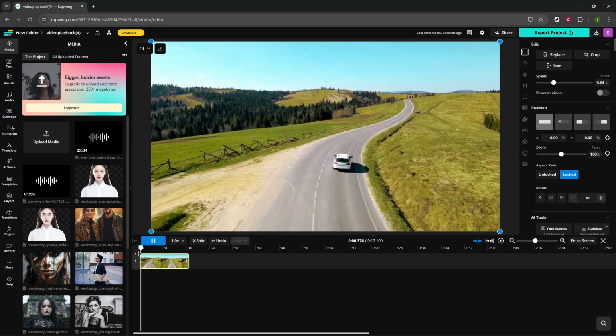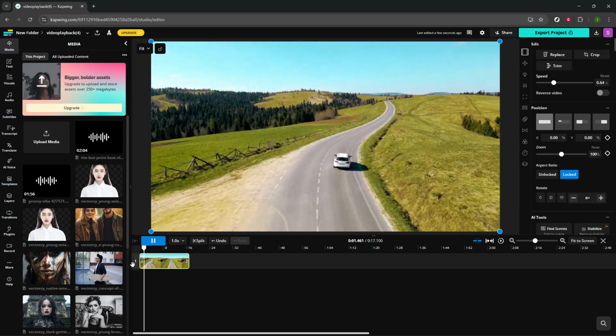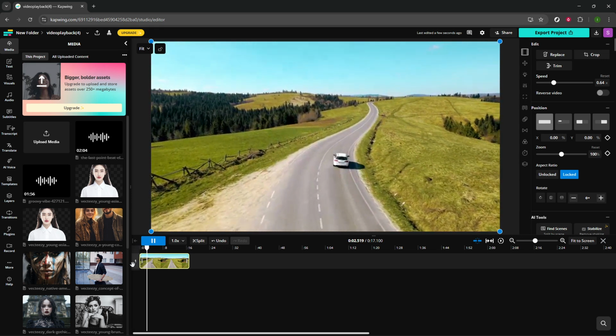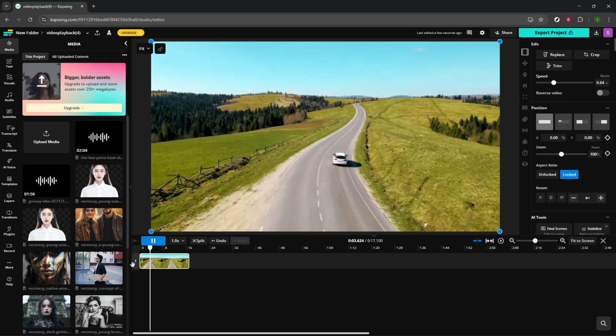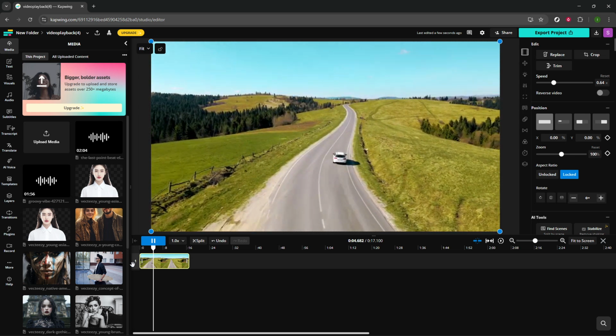And there you have it. With just a few clicks and adjustments, your video is now in slow motion, ready to be saved or shared. Kapwing automatically saves your project as you work, but you can also download it to your device or share it